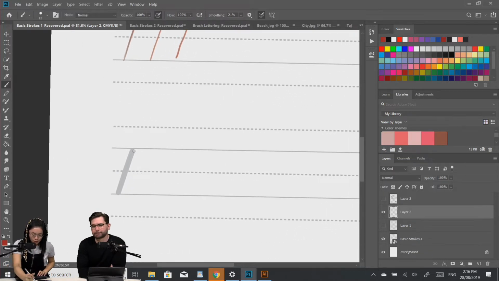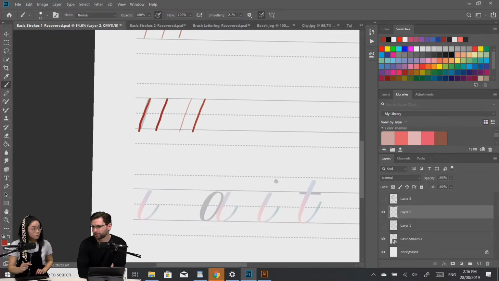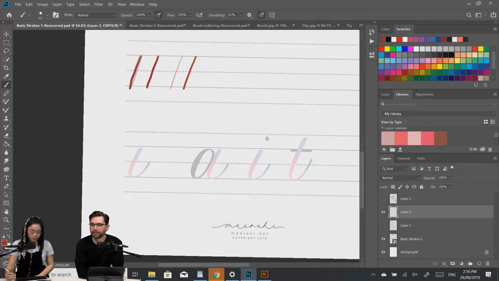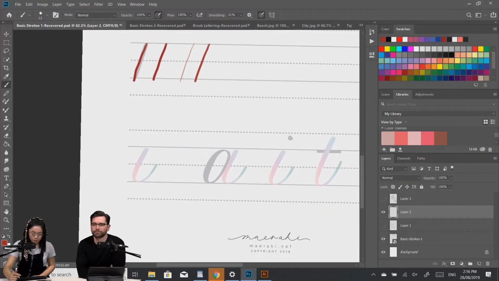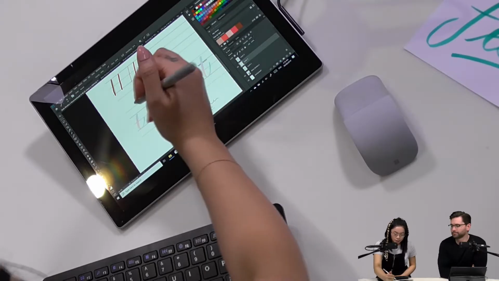And when you're doing the downstroke, you're just pressing really hard. So this is a light stroke and then a hard stroke. Right. So same brush, all the same settings. Yeah. It's just about the pressure that you're applying, using the pen. And the Surface Pro mimics that pretty closely, I guess.